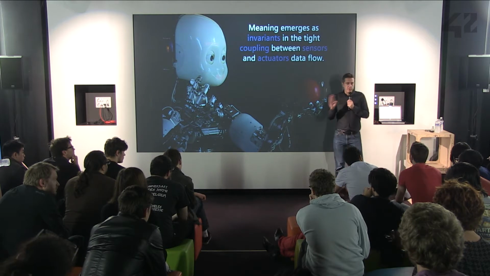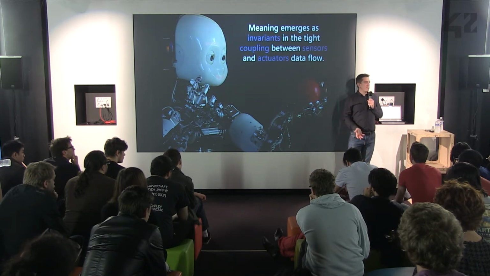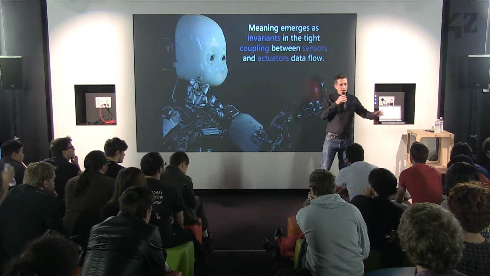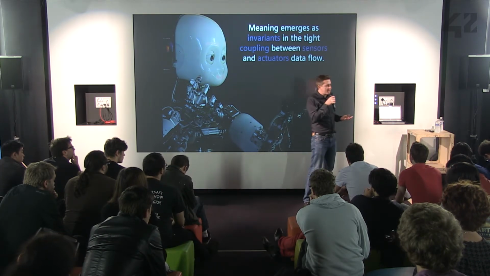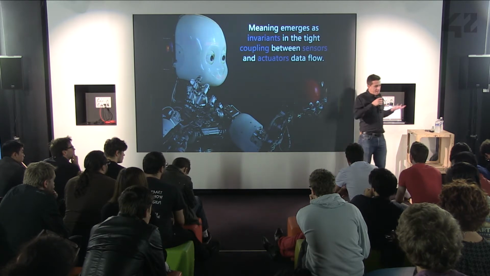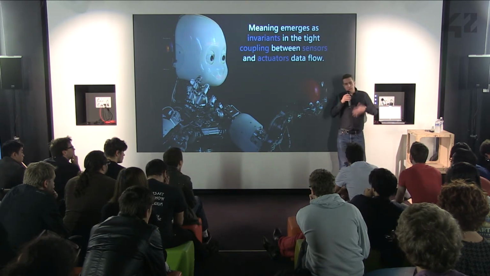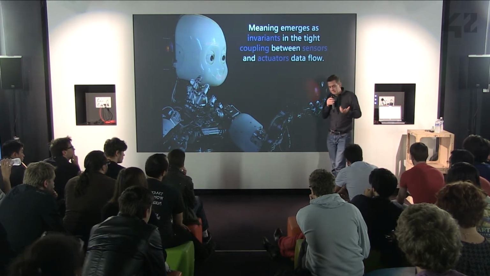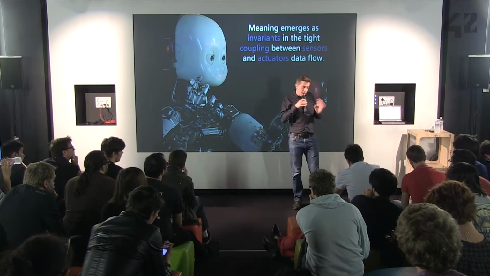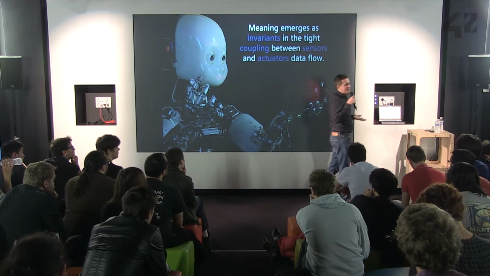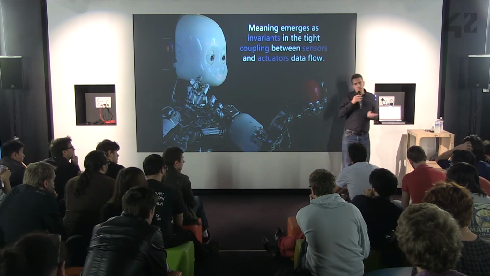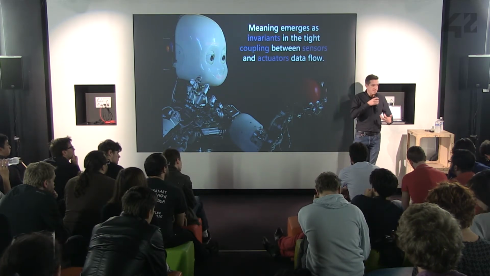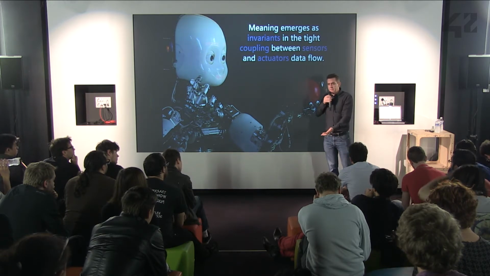Because we all have more or less the same body, we come up with the same type of meanings, the same lexicon of meanings inside our heads, because we have the same kind of bodies. But if we were a spider, or a fish, we would build very different types of meaning. I'm absolutely sure that those animals are building meaning in that sense. So creating those invariants that correspond to a signature of how their particular body is capable of influencing the physical